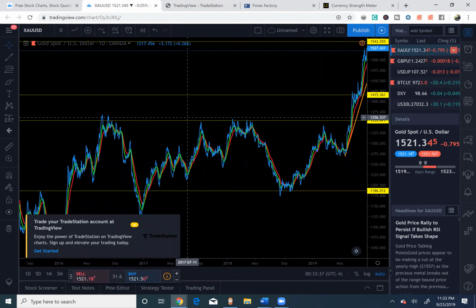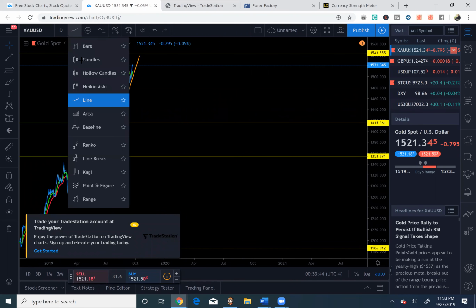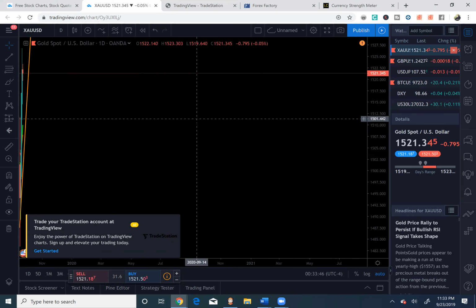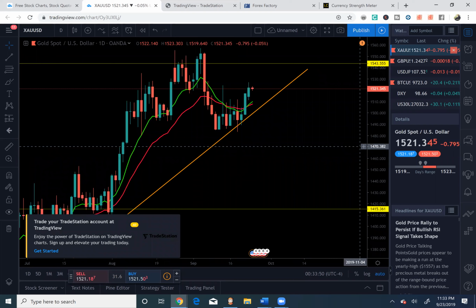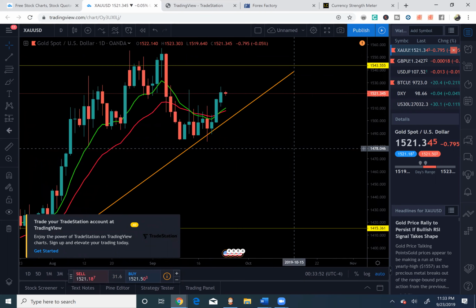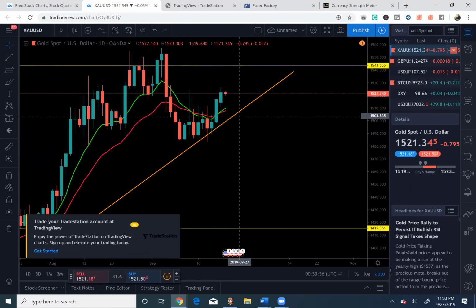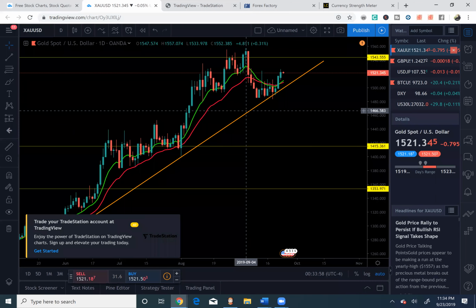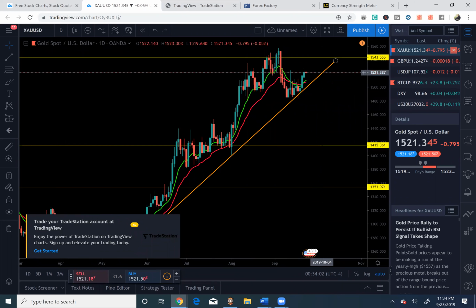All right, so we got the trend, we got support and resistance. Now we want to see what the candlesticks are doing on the daily time frame. Okay, so right off the bat, I see a change in direction on gold. So not only is it bouncing off this trend line, but